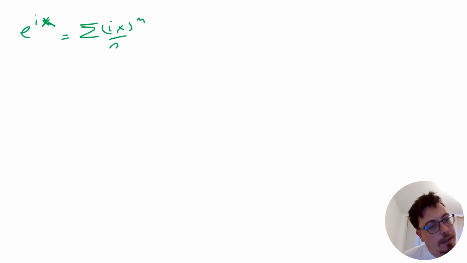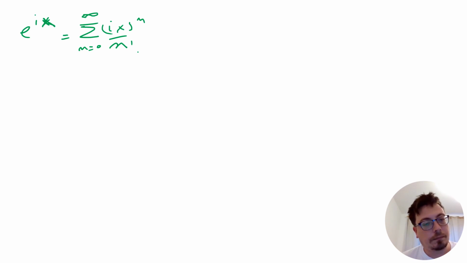Okay, so we can start with our e to the ix, just to refresh our minds where we started. We started from this, which is the sum of (ix)^n over n factorial, with n from 0 to infinity, which we chop down up to n large enough. And then we